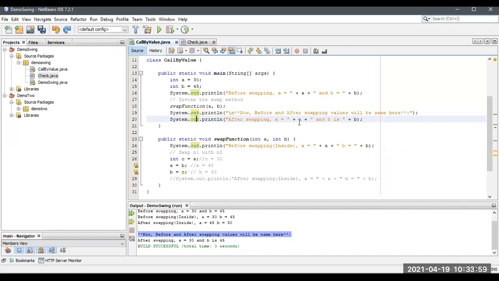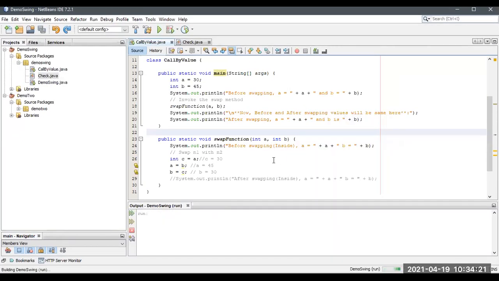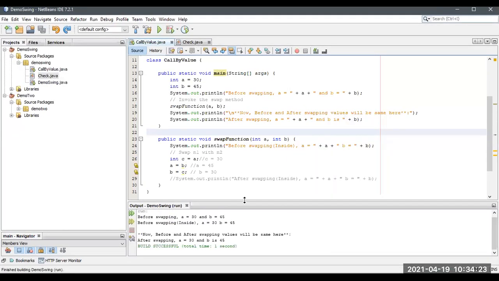Okay, let me tell you about this. If you are going to change those values inside a main method, the values don't change. If you change them in another method, it will be changed. You have to remember this. This example has both. That's why it is showing these two things. Let me run this one. If you remember that, you will not get confused over here. See this one.